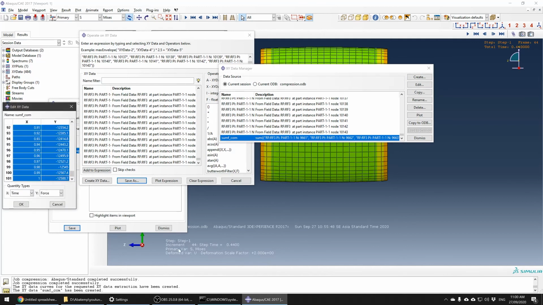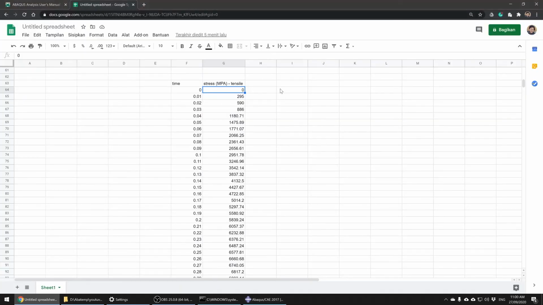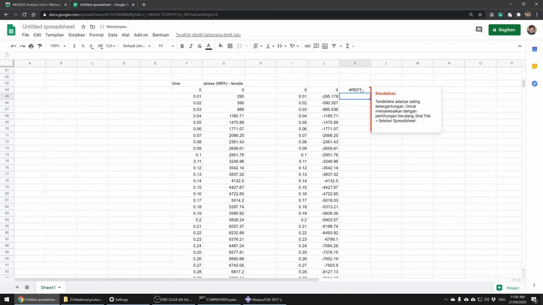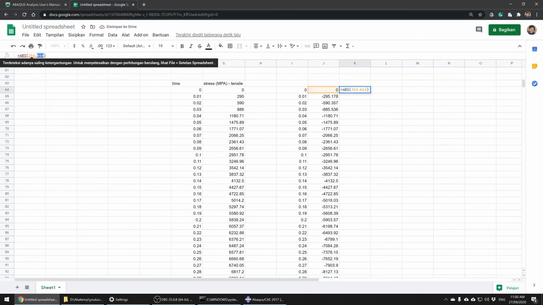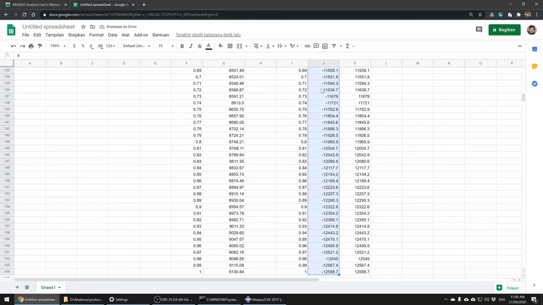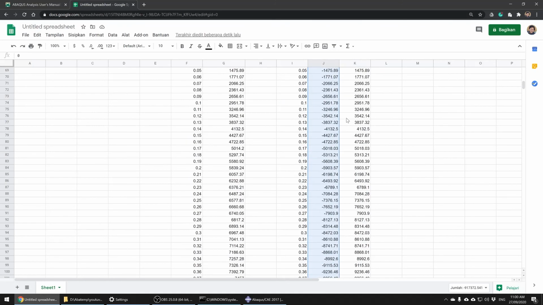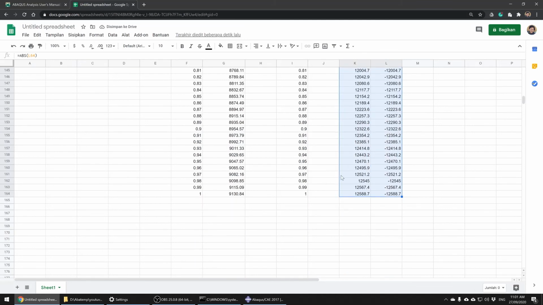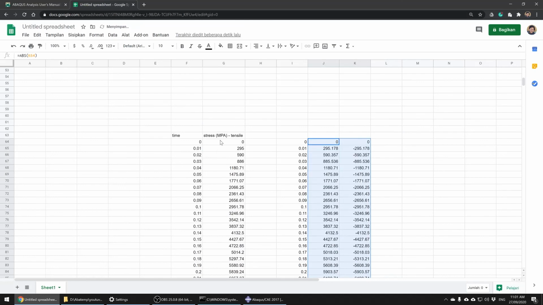and then you click here, you copy, and then you return again to your spreadsheet, you copy paste, but make sure first you take the absolute value of this, because now we just want to compare the absolute value, not including the direction. So we just want to have this. And to make it easy, I will just move this to here, and I will just move these two columns to here, and I will just try to plot them together